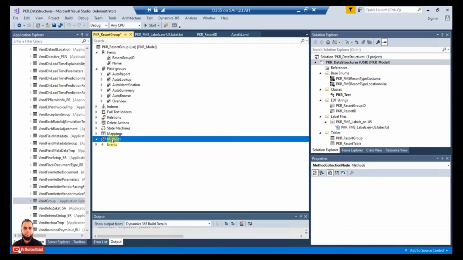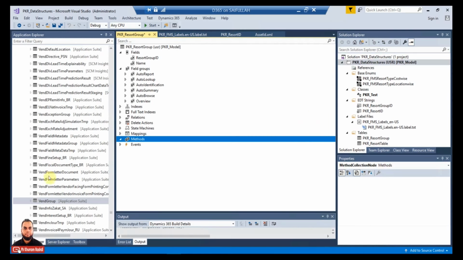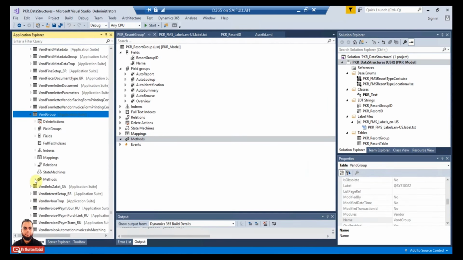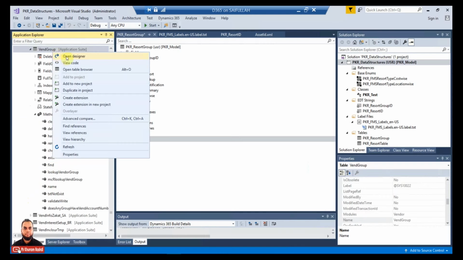And there is an exist method, and then there is a find method. What is the difference? The find method will return a full table buffer or table record based upon the alternate key ID or the rec ID, and similarly exist will just return true or false, whether the passed ID value currently exists in that table. So what we need to do is just go to the vent group. You will find the same methods here in the vent group. So just open it in a designer,